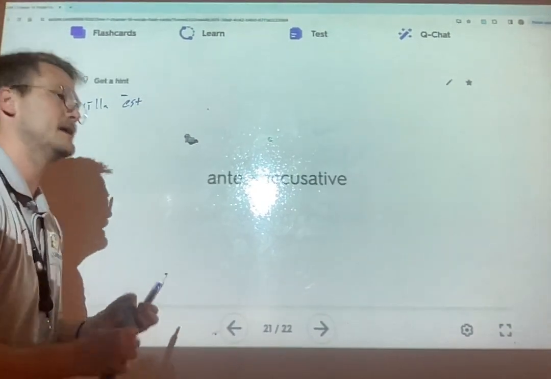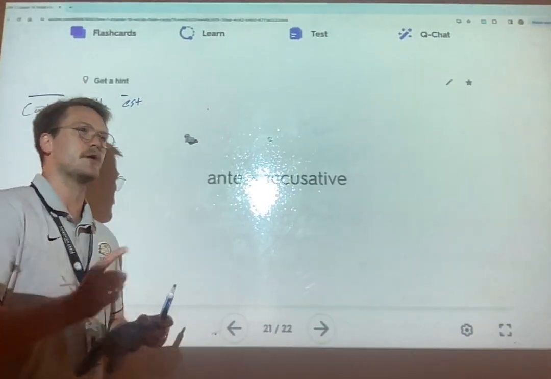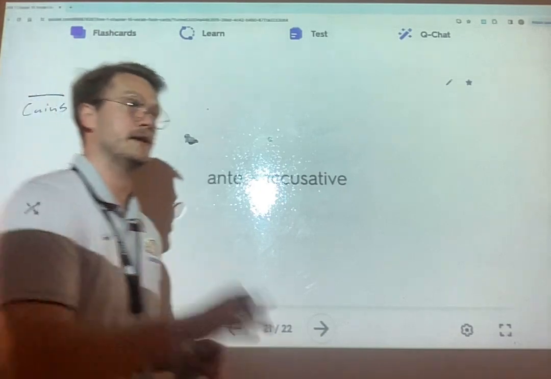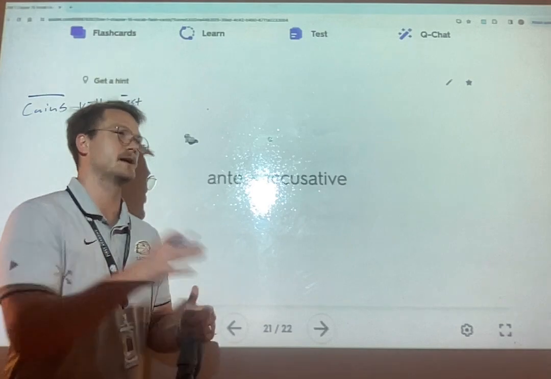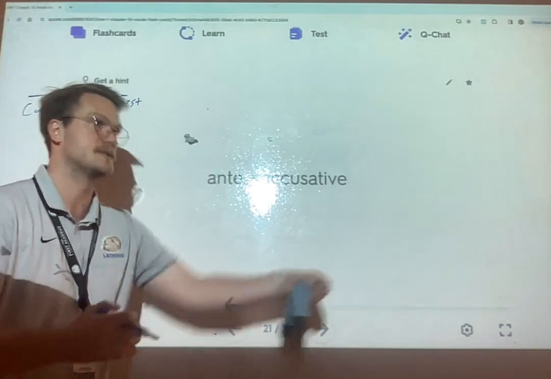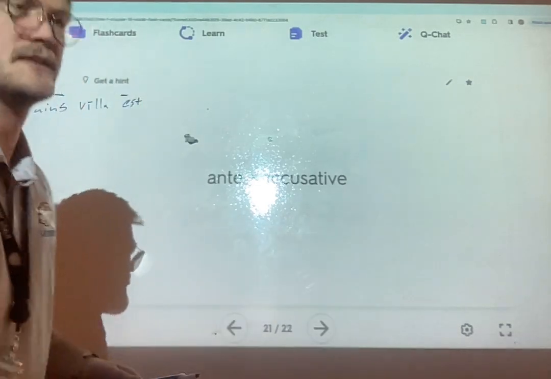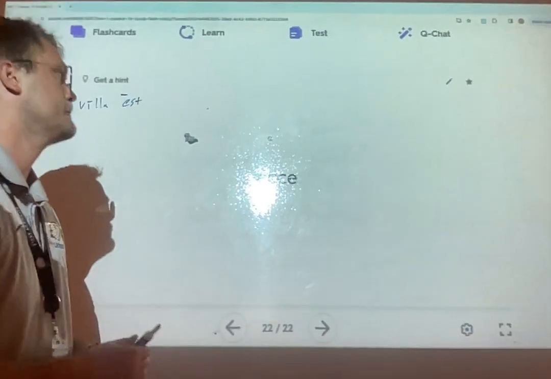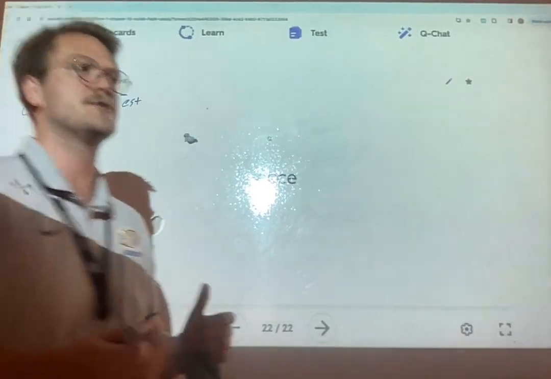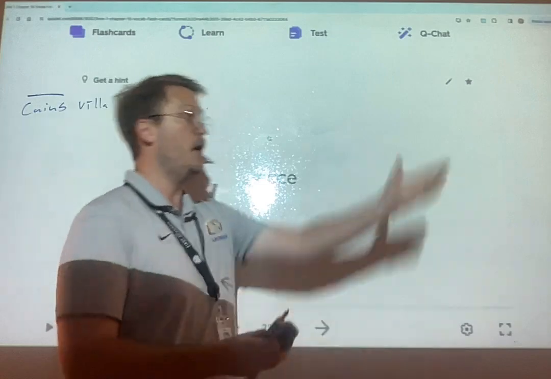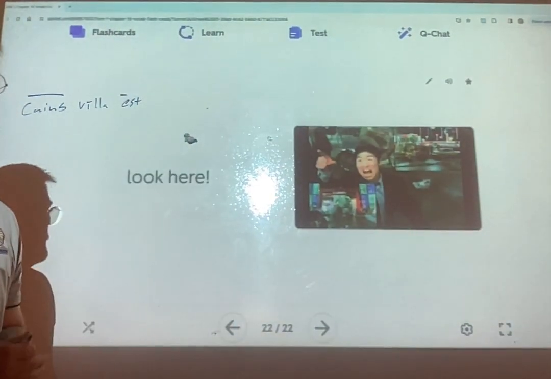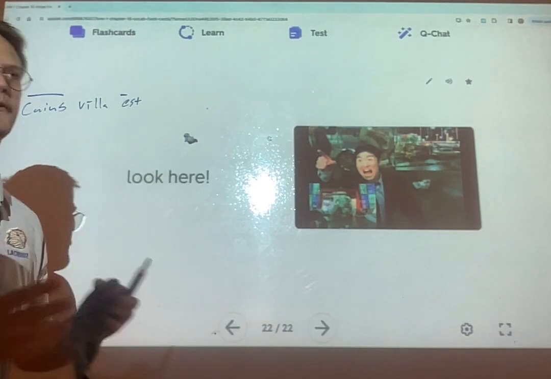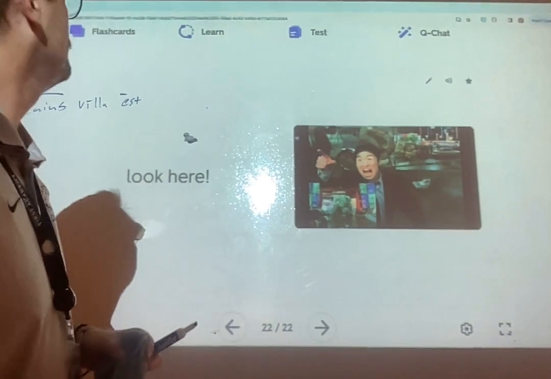All right, and then here's a preposition, ante. Y'all are used to it with the ablative. When it takes the ablative, it means before. But with the accusative, it's talking locationally, like before something, in front of something. So that's what this translation means: in front of. Ecce, this is the last word. This just means look, behold. Like just pointing something out, wanting you to pay attention to it. Like, yo, that kind of thing. It's like an interjection.